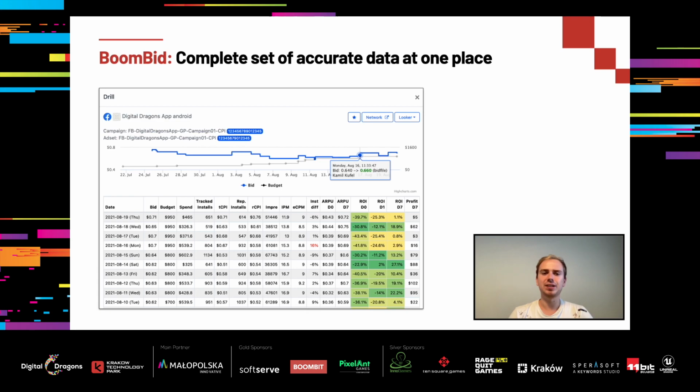Apart from the bids upload, Boombit is used to check performance of the campaigns on a daily basis. We have implemented multiple solutions making the work of the UA managers easier, such as easy access to favorite campaigns, links redirecting the user to the network dashboard with the visible campaign automatically selected, so no need to copy ID or name and search for it in the network, worrying if you copied the link right. We also provide bid history, difference between numbers provided by MMPs and in the network, and many more not visible on this deck.